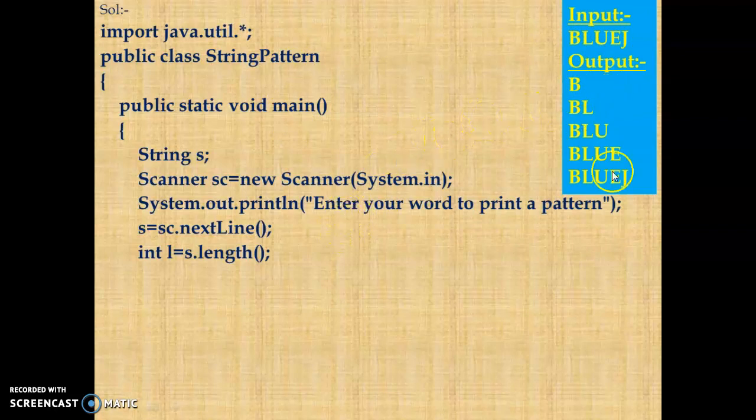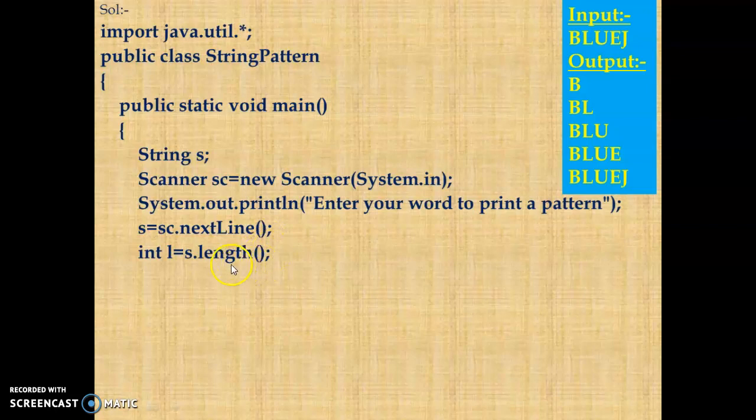So we have to print 4 lines: J, J, J, V, G, A, V, A. What is the length of the string? That many lines we have to print. That's why we have to count the length of the particular string given. For finding the length, it is your string name dot length, with brackets open and close.